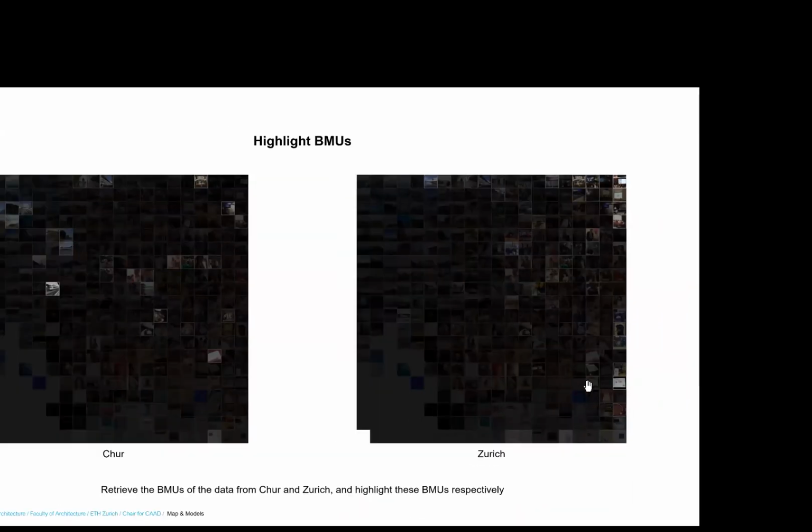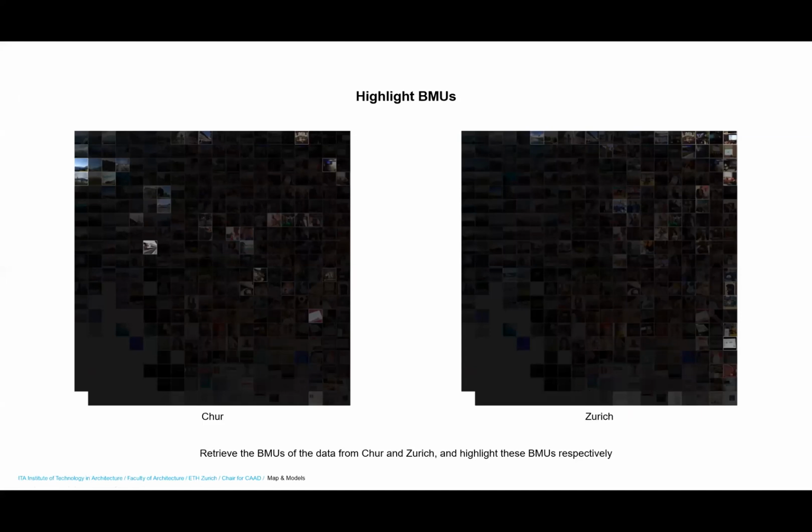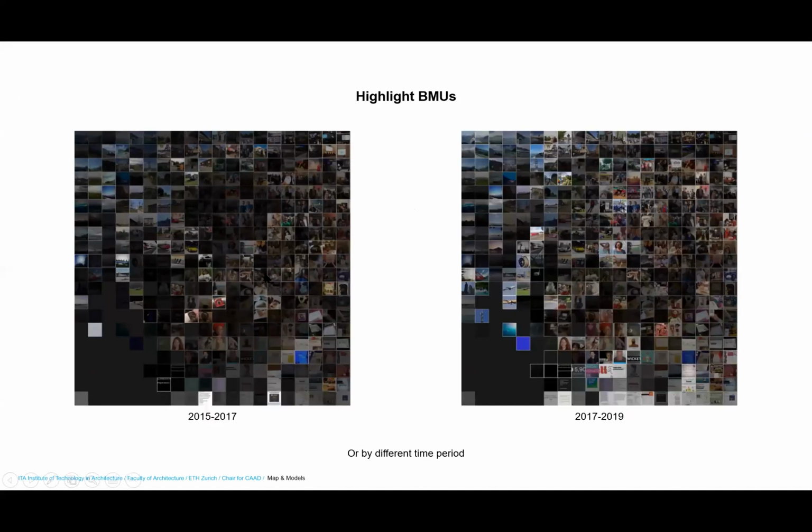So you see fewer landscapes and more people, and also more, for example in this case, lecture halls, and then meetings, and also I think this one, slides. So you see that immediately with the SOM, we know that something is different between these two groups. And also, for example, we can group our data not based on locations, but based on,